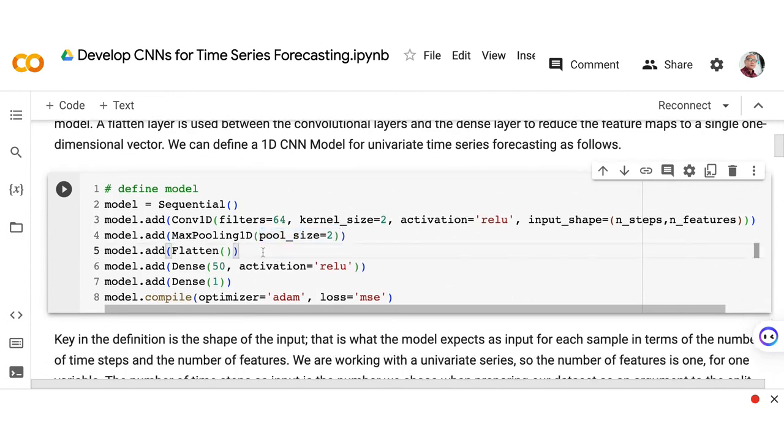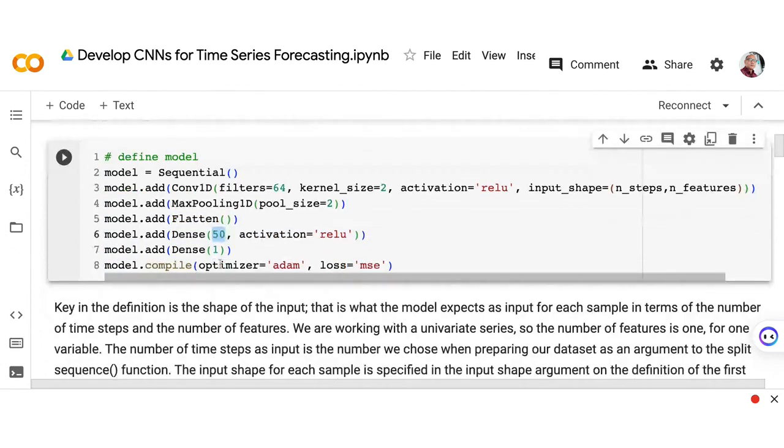And then we have a flattened layer here, and then we add another dense layer or fully connected layer here, with 50 as the number of neurons. And on the last layer, we'll have just one neuron. Basically, this is for our prediction, just one value, which is the next step after the different historical values that we have.